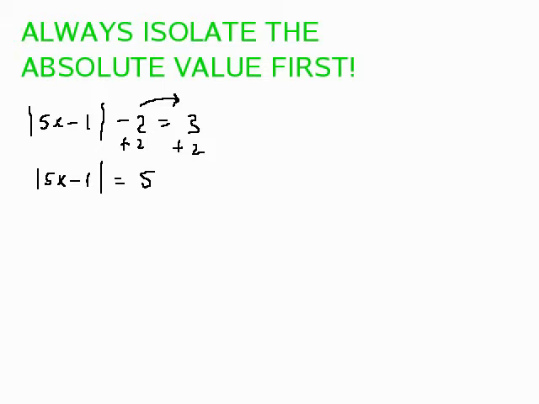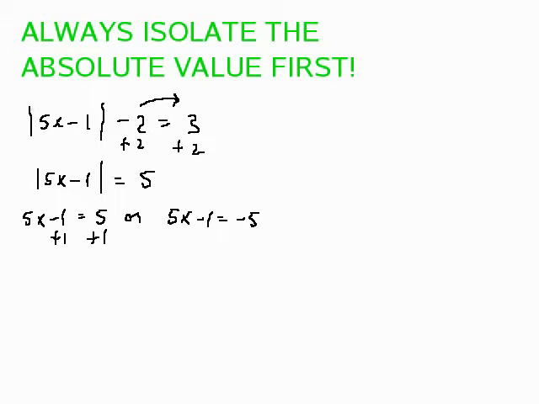All right, so if I get the absolute value by itself first, I get the absolute value of 5x minus 1 equals 5. I know I've got 2 answers to this one because that's a positive number. If it had come out to be 0, 1 answer. If I would have got the absolute value by itself and it came out equal to a negative, guess what? No solution. So to get your 2 answers here, take whatever's in there, don't mess with that, equals 5 or what? You got it, -5. And then just solve and get your 2 answers.